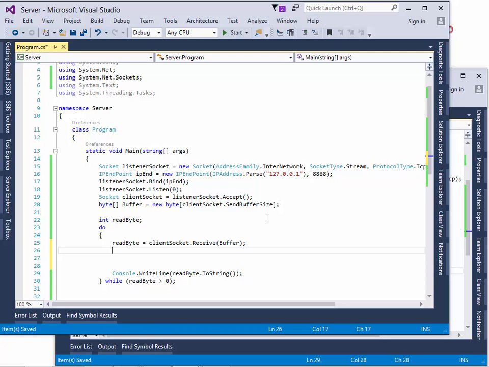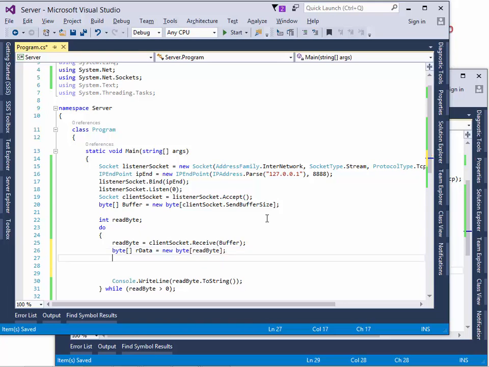So I'll set up a new buffer, like this: byte receive data equals new. And now we actually know how many bytes we received. So let's put that in here and say array,